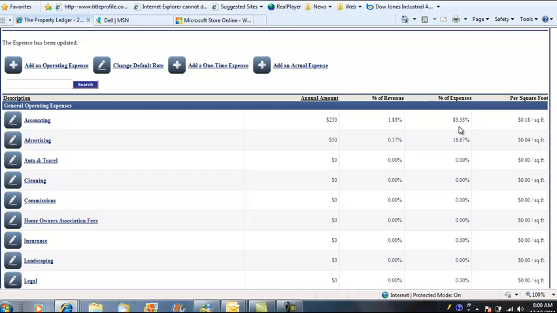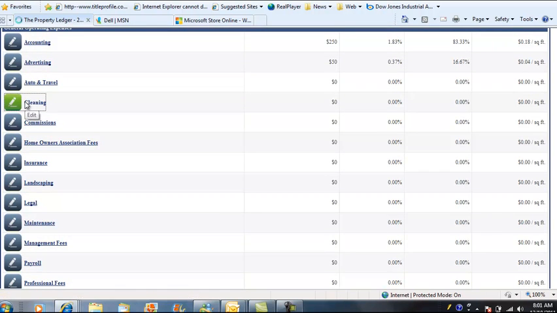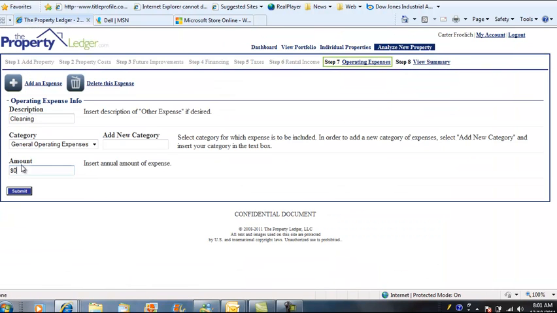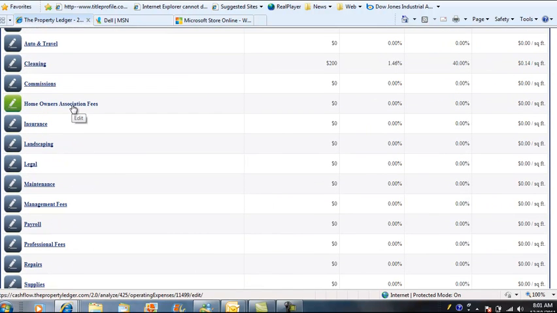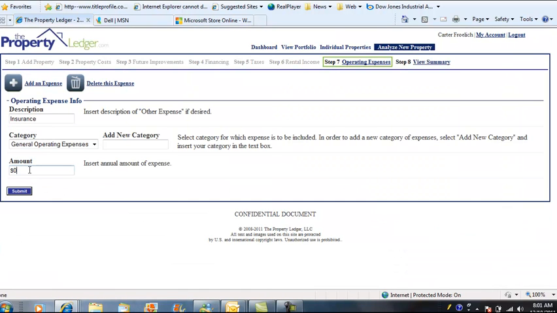When the unit is vacant, we're going to have to pay somebody a couple $100 to come in and change or clean the units. We don't have a homeowner's fee. We have property or homeowners and liability insurance that we have to pay, and let's assume that's $690. We'll have maintenance of $400,